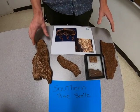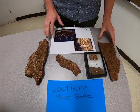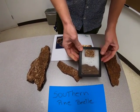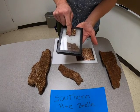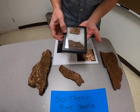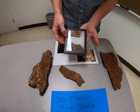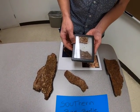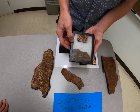So let's talk about identification. This is a very small beetle, and we have some specimens here for you to see. They're very, very small. They're about a millimeter, or even a little bit less. They're very small in length, and so